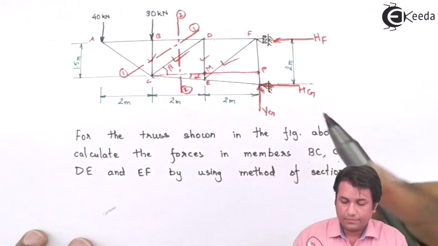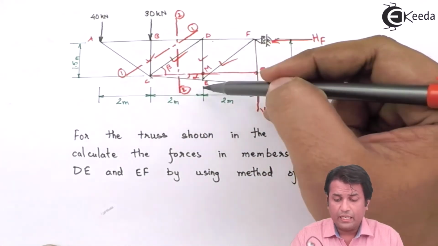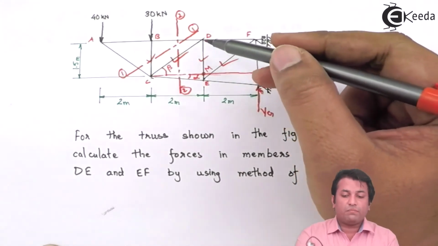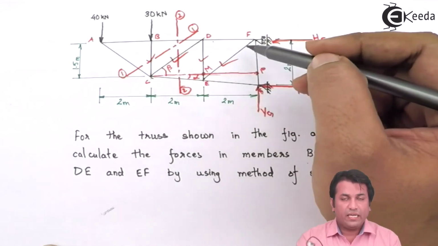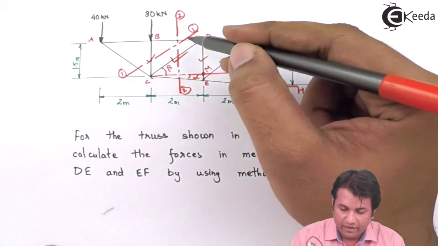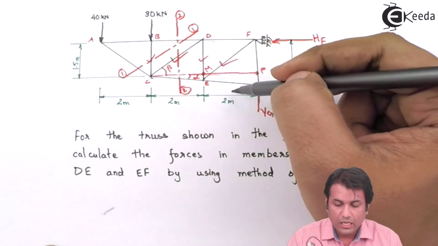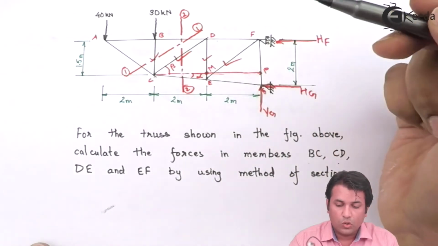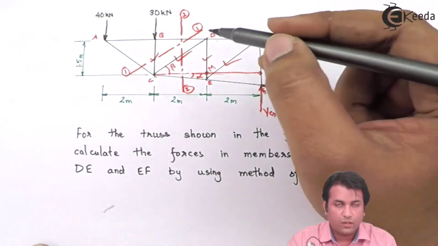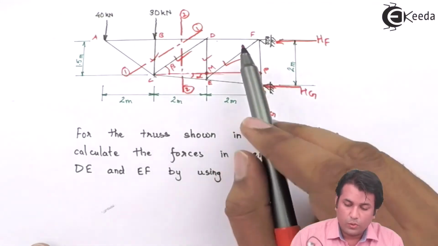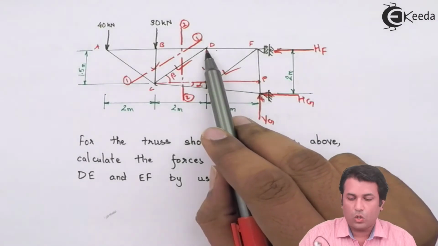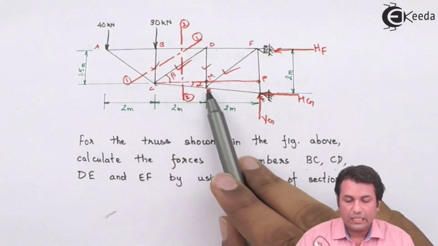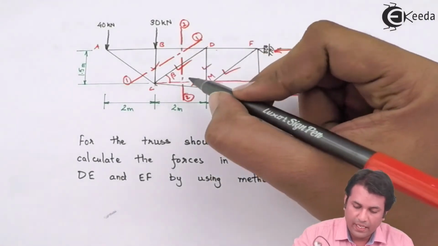Now next is DE. How do I cut the truss now? I need to find out the force in the member DE and EF. If I try to cut it in such a fashion, again I'm cutting extra members instead of 3 members. So I'll have to cut it in such a way that only 3 members are being cut. Now you can see that if I cut it along DF, DE and CE,